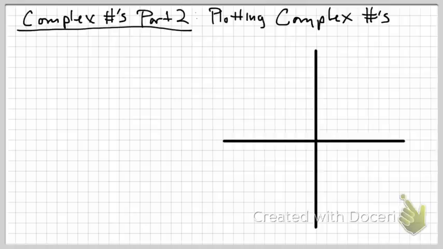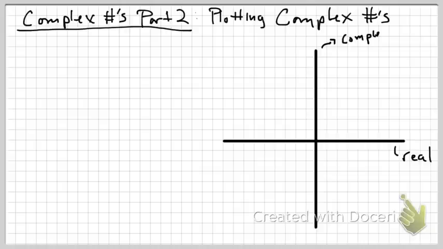This is complex numbers part 2. We're going to be plotting complex numbers in what is called the complex plane. Now, you should be doing these notes on your graph paper, and you set up the complex plane in basically the same way you would set up the Cartesian coordinate plane, but instead of having the x and the y-axis, what was the x-axis is going to be your real number axis, and what was the y-axis is now your